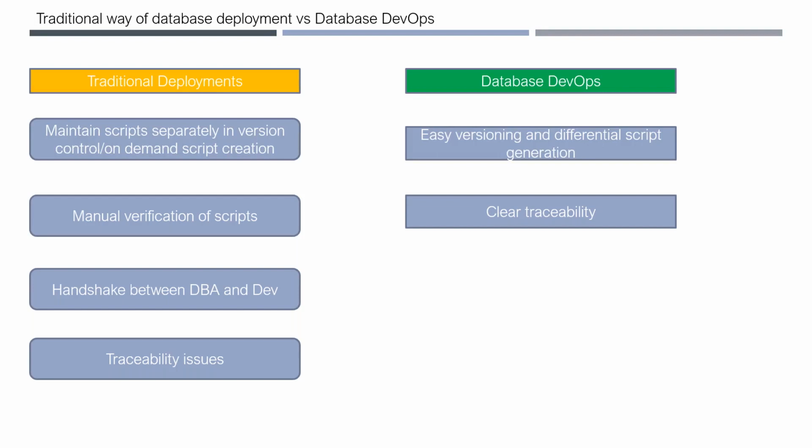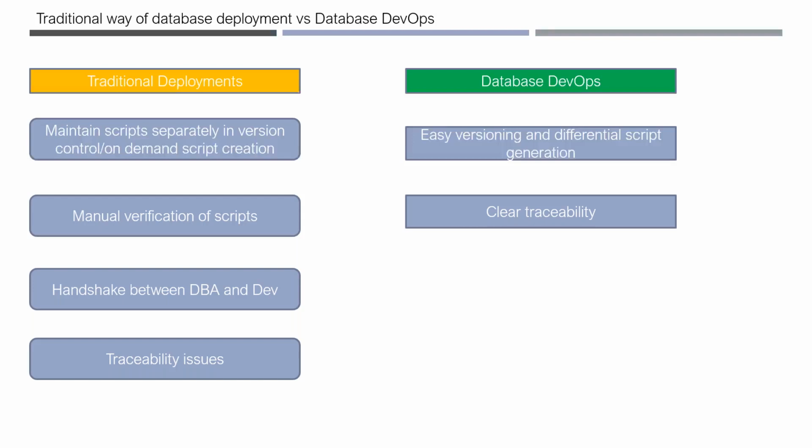Traceability, because now it is in version control and you have the traceability, right? You have the work items and you link those work items with your database scripts because this is already in version control. And when it goes to the build and deployments, there also you are associating your work items with builds and releases, right? Of course, we haven't gone to the release area. So you have the traceability.